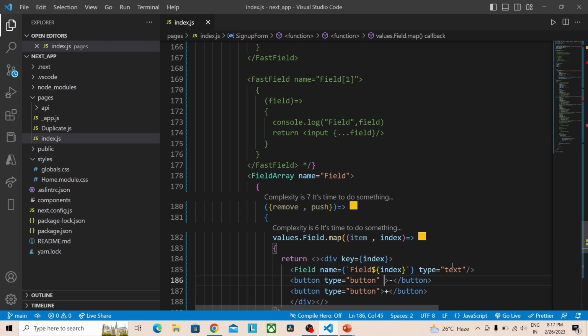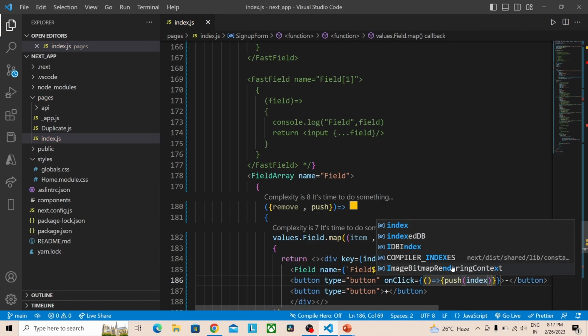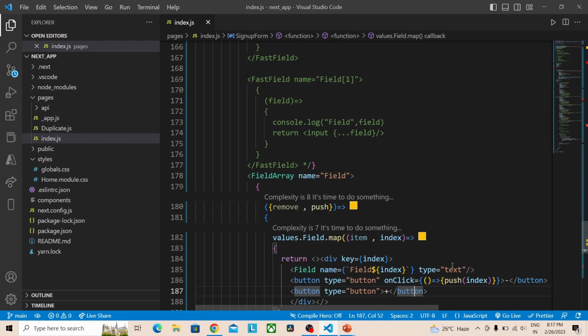Here I'm going to provide onClick, arrow function, push, index, and in the same way. So here I'm going to change plus, and here I'm going to change minus. And onClick, again arrow function, here remove